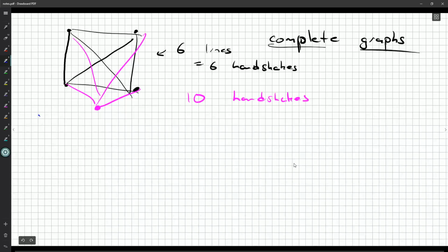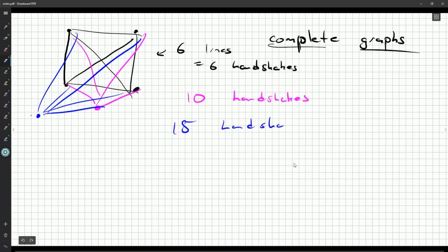If we added in another one, say this blue man from the blue man group, we add in 5 new lines because he shakes hands with the previous 5 men. So now it's 15 handshakes, right? And you might notice a pattern. We're going up by 4 and then by 5. So for n, or well, not n, let's say a men,